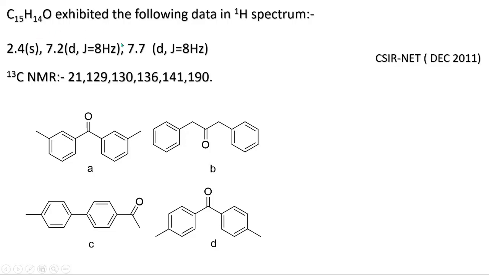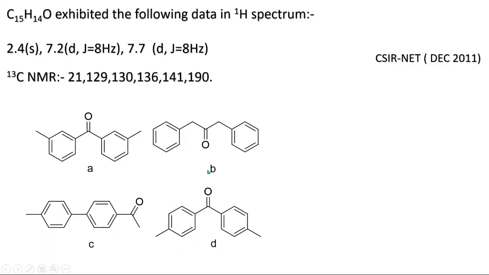So if you see in this molecule, this is different, and 1, 2, 3, 4, 5. So there are 5 types of protons. We have been given only 3 and this molecule has 5, so this is not the answer. In this molecule, there is 1 type of proton, 2, 3, 4. 4 types of protons, but given is 3, so this is also not the answer. Now in this molecule, this is a different proton, this is a different proton, 1, 2, 3, 4, 5, 6 signals. So this is also not the answer.